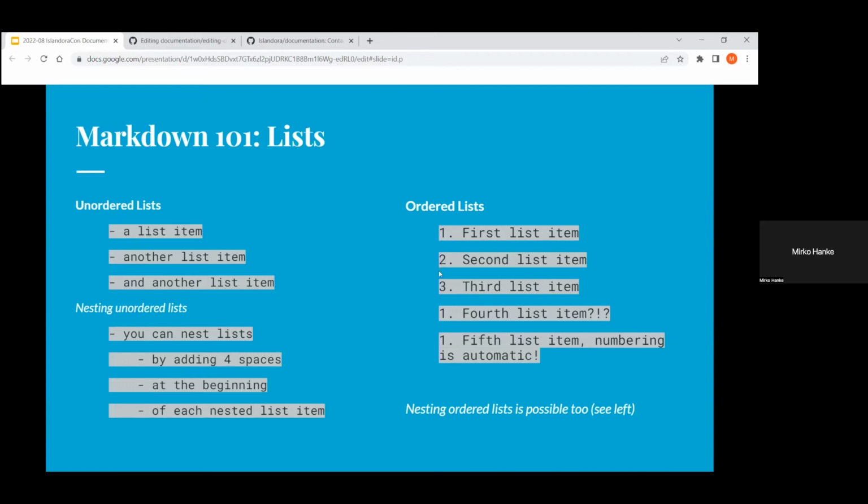And in Markdown, you don't have to write the actual numbers that you want to appear on the page. Instead, you could, in principle, just write 1 dot space list item, 1 dot space another list item, 1 dot space another list item, and the Markdown processor will automatically count for you and will turn that into a counted list. For ordered lists, nesting is possible as well, and it works the same way as for unordered